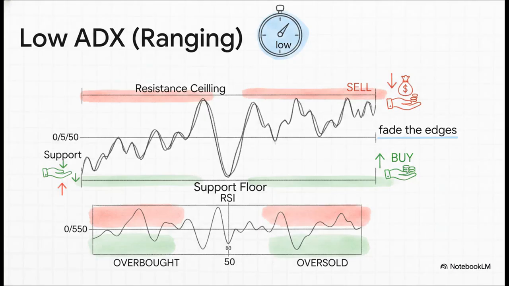So let's put it into practice. Your ADX reading is low, let's say it's below 25. The market is in that choppy, ranging mood. So what's the playbook? Well, now you pull out the tools that love choppy markets. Oscillators like RSI or stochastics are perfect for spotting overbought and oversold levels inside that range. You can also fade the edges of the range, selling up near resistance, buying down near support, because you're not expecting a big, powerful breakout.